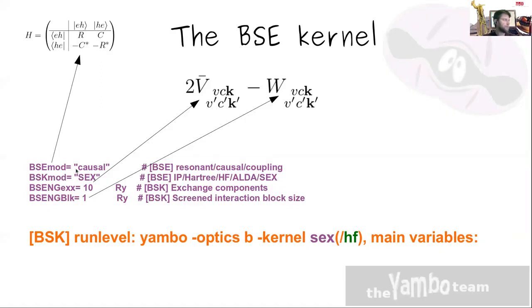And finally, this variable controls the structure of the excitonic matrix. If you just set causal, it means it will compute both the resonant and the anti-resonant term. Well, the anti-resonant is minus the resonant, but it will neglect the coupling terms. If you set coupling, you will have the full BSE matrix, and if you just set resonant, you will have just the resonant term. And I remind you that the resonant term is a Hermitian matrix. Instead, if you set coupling, you have a matrix which is pseudo-Hermitian. And so it is much easier to solve the problem for just a Hermitian matrix in the resonant or also in the causal case.